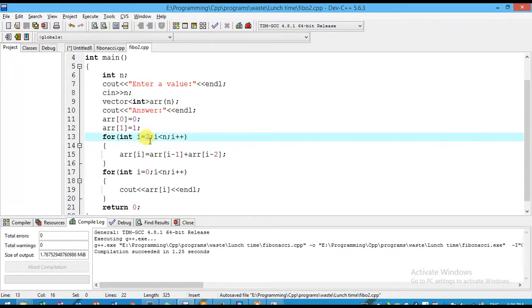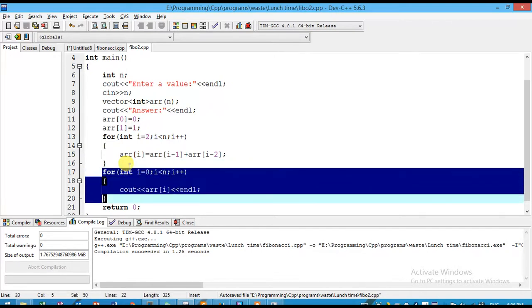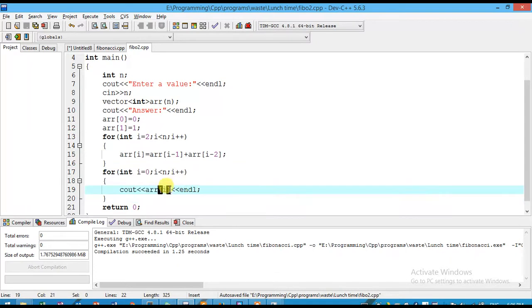And I already said that we have to iterate from 2 to n, and each i value will be array of i minus 1 plus array of i minus 2. To print the output, this code iterates from 0 to n and prints every element we want.